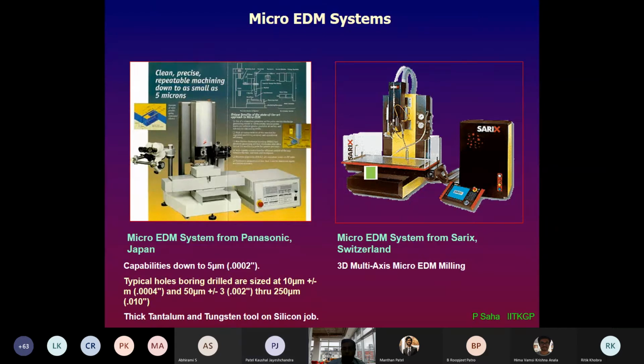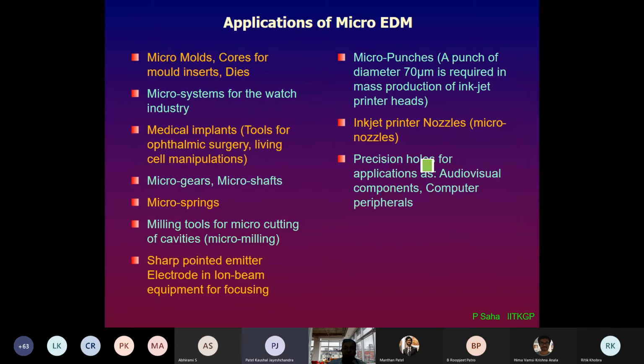This is another popular micro EDM setup from a company called Sarix, Switzerland. Sarix is a very high precision machine, very prominent. So these kinds of things are already commercially available. So now I'll tell you how, application-wise, micro EDM can be used for meeting our demand